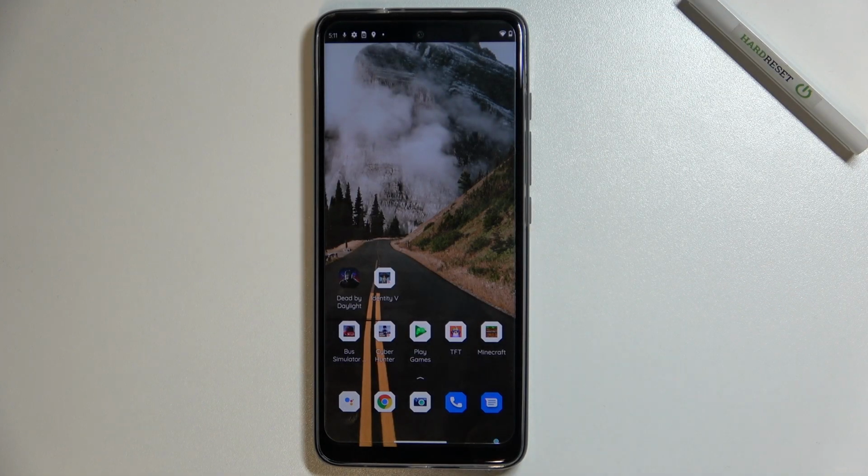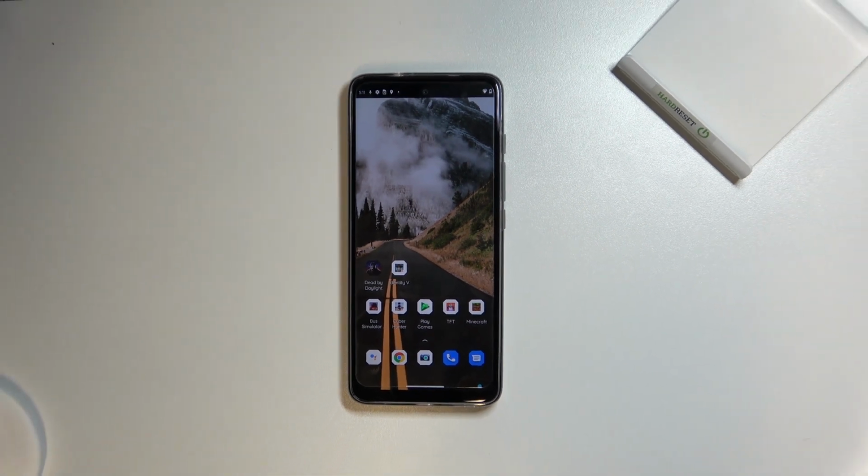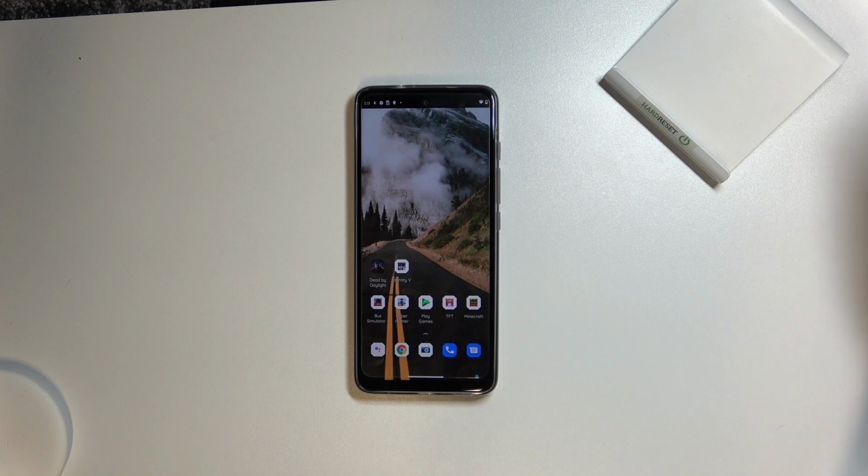Hello, in front of me I've got Motorola Moto G60S. In this video I'll show you all camera modes and settings. So let's open camera